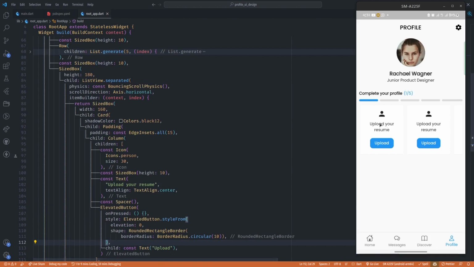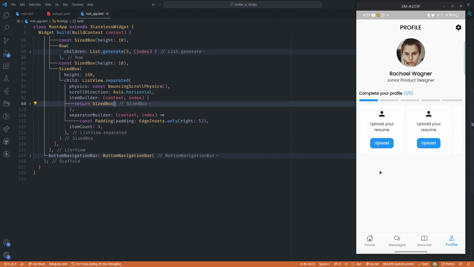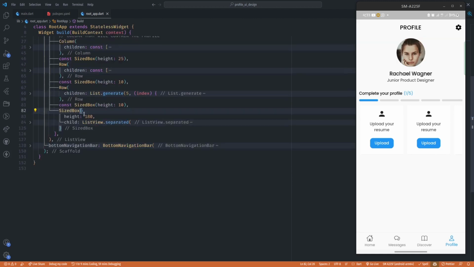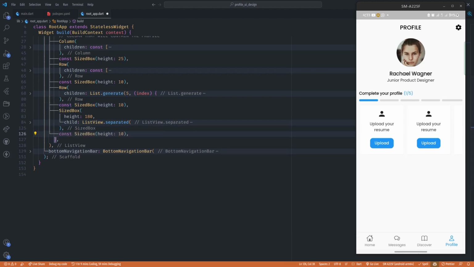Now that's for our cards. So the next, after our cards, is our list of tiles, right? So just after this sizer box, which is the one constraining our list view, we are going to have another sizer box for spacing. So I'm going to copy the one here and then paste it here. Now the value is going to be 35 because we want to match spacing, and we want to have a list of